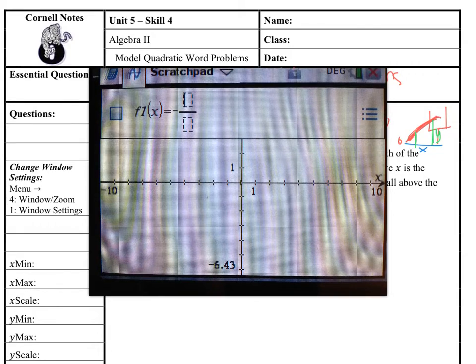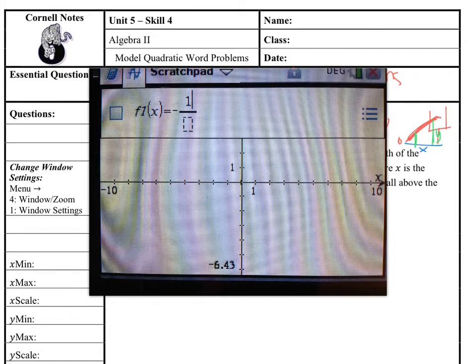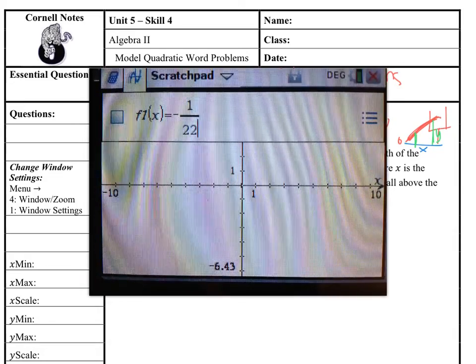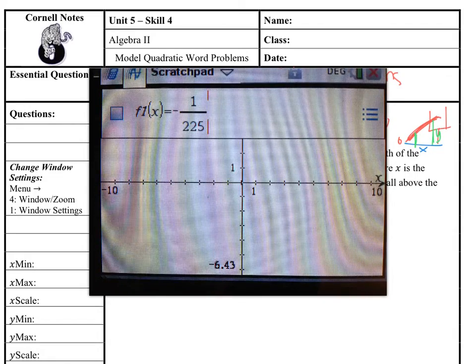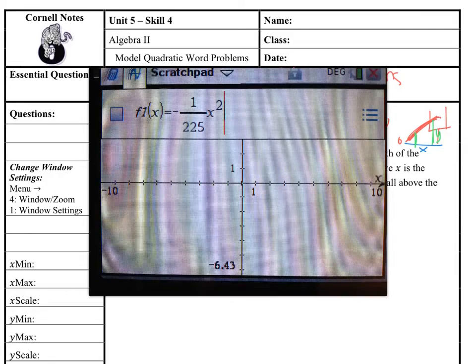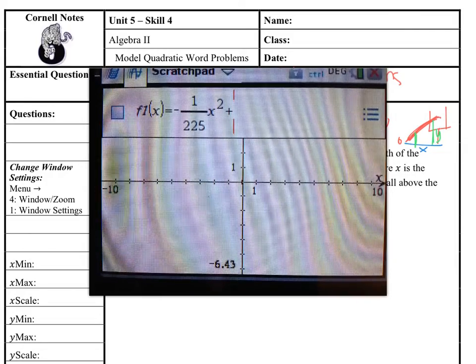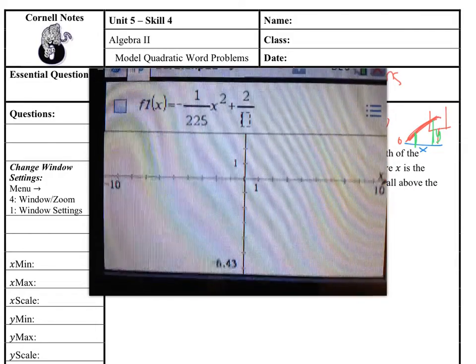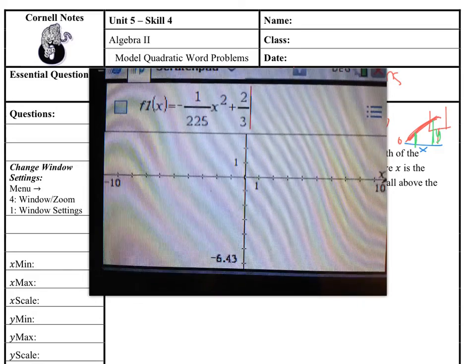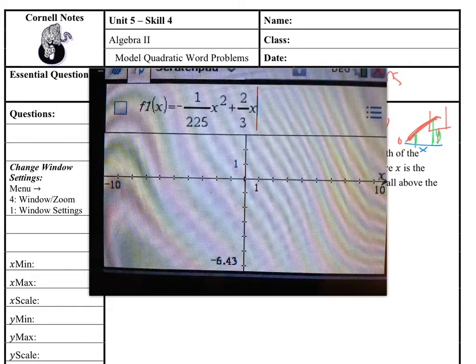So we have negative and then fraction. I just did control divide to pull up the fraction. 1 over 225, move out of that, x squared plus fraction 2/3 x. And I hit enter,